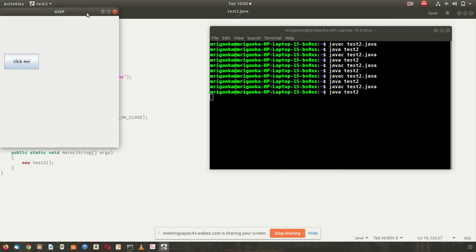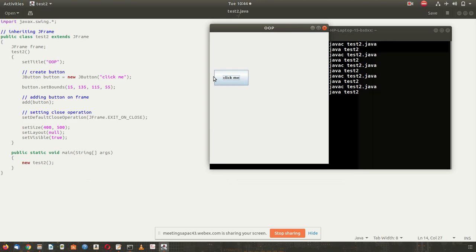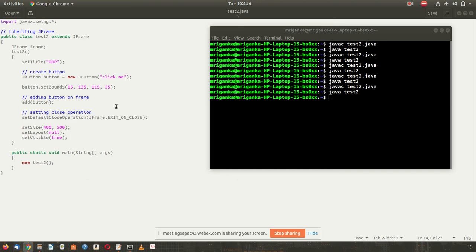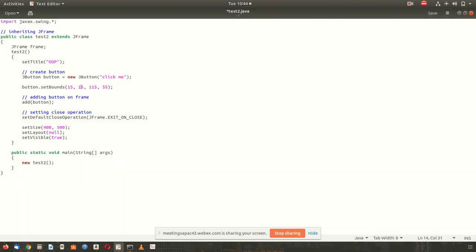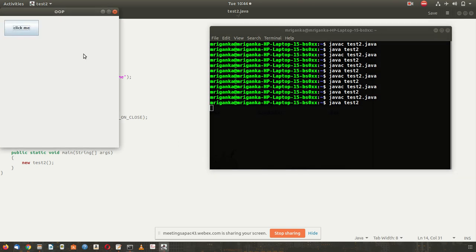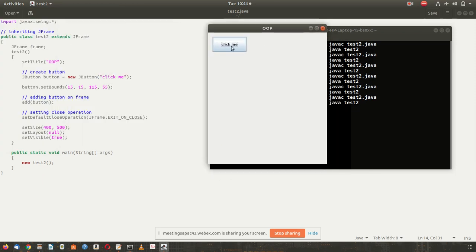Now the button has come more near to the border, so that means this particular gap has now become 15. Let us make this top gap also 15, and when I compile it, the button has moved to the top section.